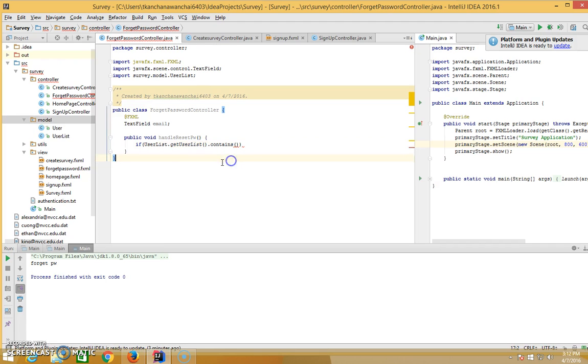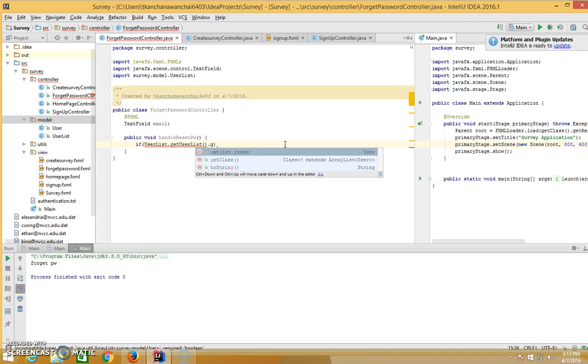So we can do the same if we want to create an email list. Or we can just loop through them. Then we don't have to create a new email list. So instead of contains, we just get